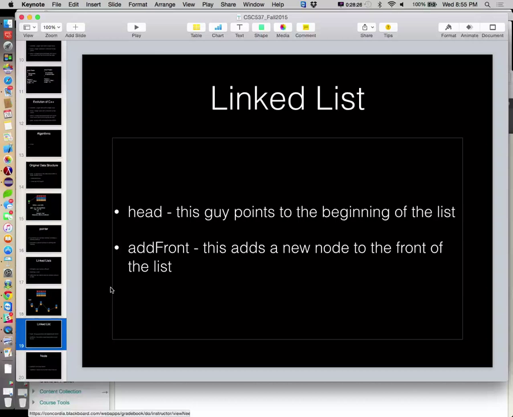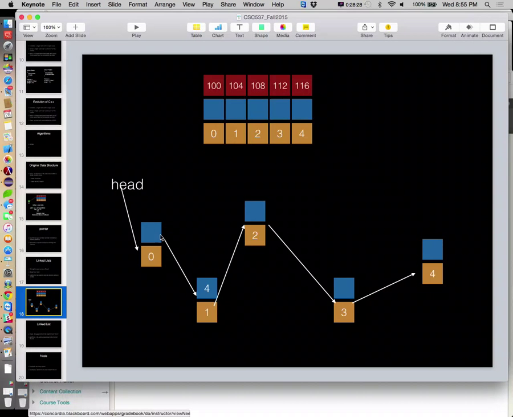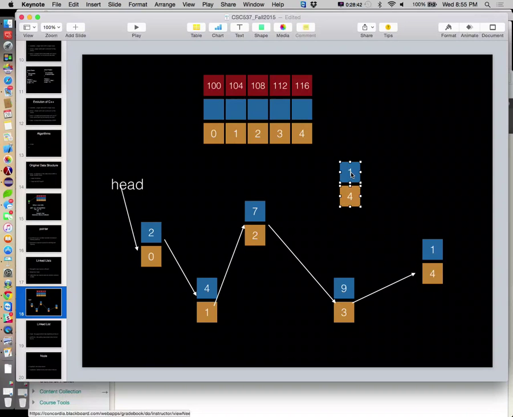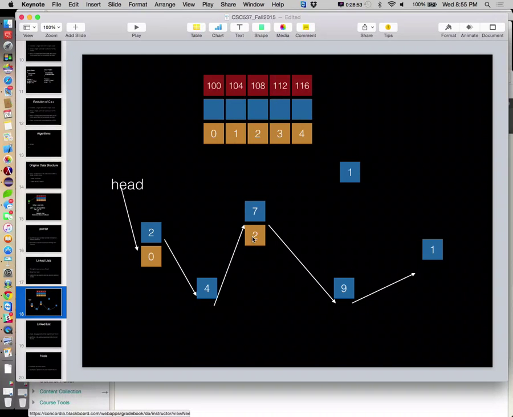So if we look at this picture here, let's go ahead and just give values for all these guys just to say we did. All right, and let's say I bring a brand new node into existence. So here's my new node. Really, it's probably going to behoove us to not think about these in terms of indexes.